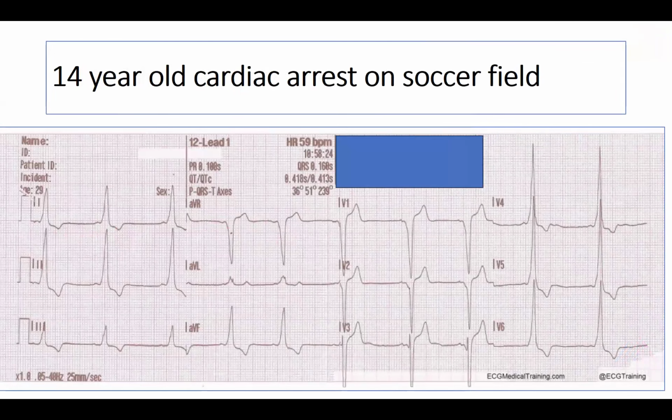So yesterday I was called about a patient who was 14 years old and had a cardiac arrest on the soccer field and had to be defibrillated 5 times in the field. And at the time of the conversation I was having with that referring physician, the patient was intubated in the ICU, and they were determining the neurological status of the patient. And this is the electrocardiogram. So, Dr. Gaudig, what do you think this is? What is the most likely cause of the cardiac arrest, and how would you manage this?